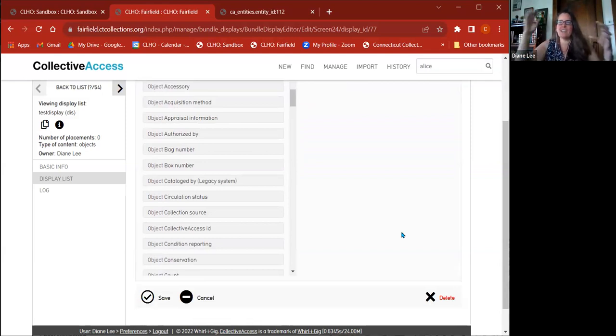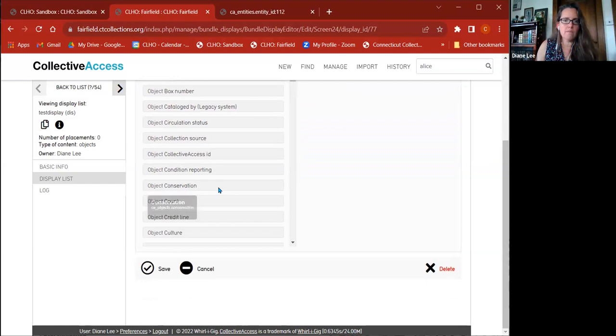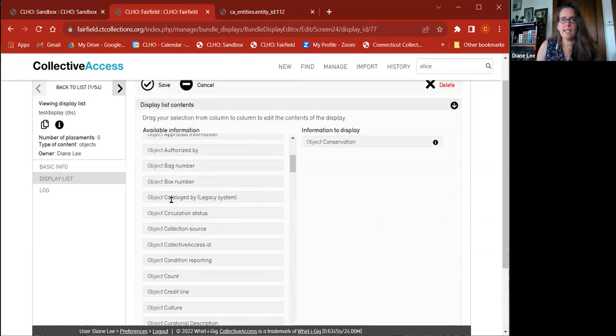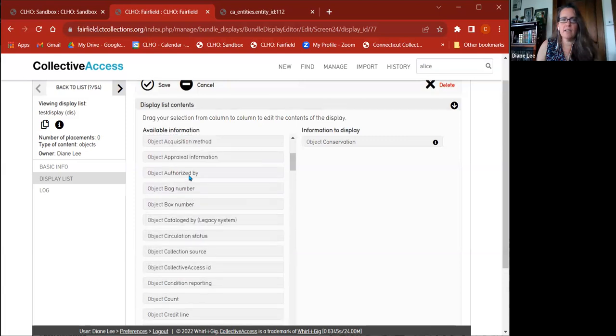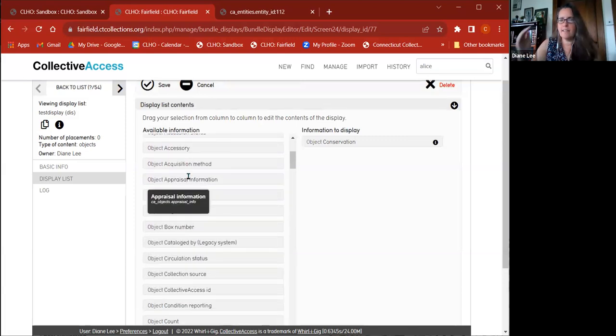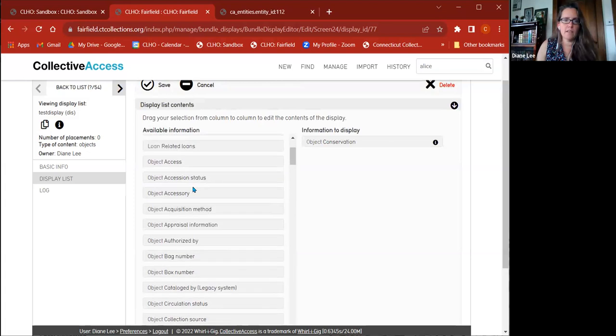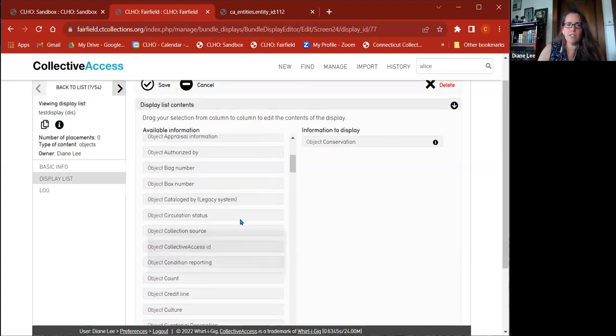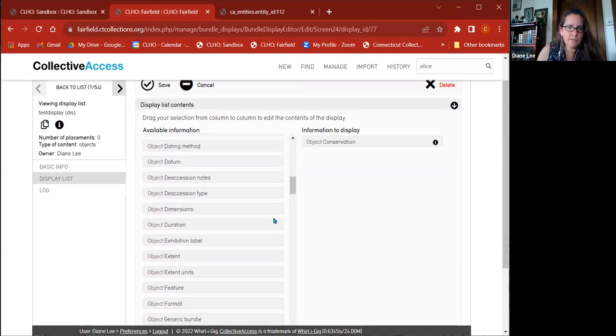But like I said, I don't have an actual grid layout of where everything is, like in a spreadsheet kind of thing. But you can add and slide things over from one side to the other, and it just automatically populates it and comes up with those fields in that display. But you can see that all of these are available for objects. If you scroll down farther,